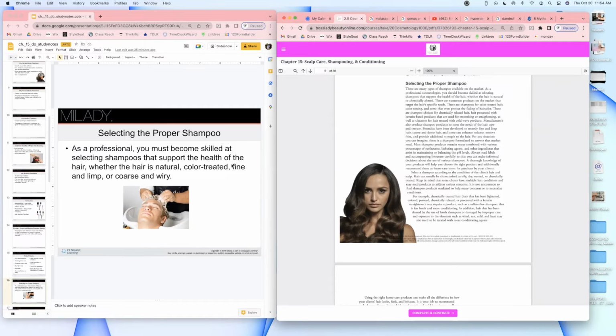You will suggest if they need a moisturizing shampoo, a repairing shampoo,